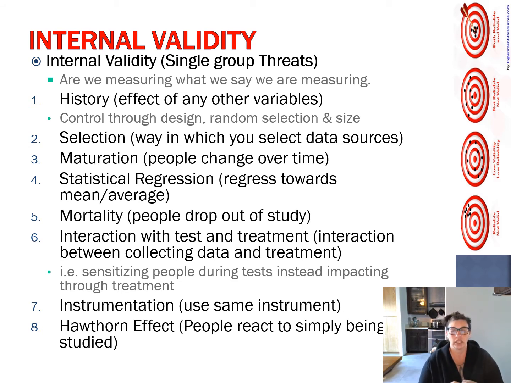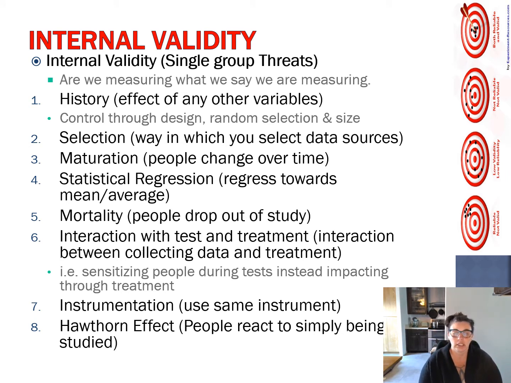Both are getting physical therapy at the same location, all these other random things that could be impacting should be spread out through those groups. And so that random selection process and putting people into groups randomly hopefully randomizes those other variables that you don't know about. And so that's why, or how, we can control for history, the effects of other variables,